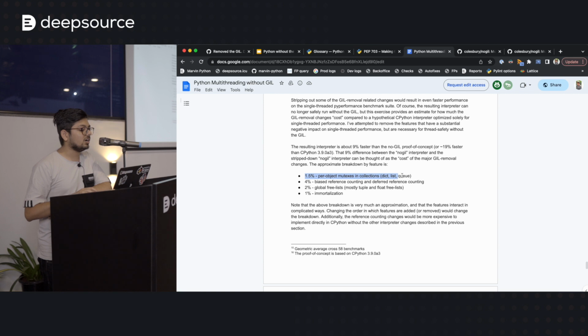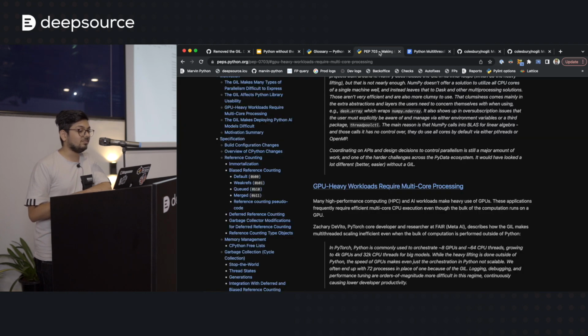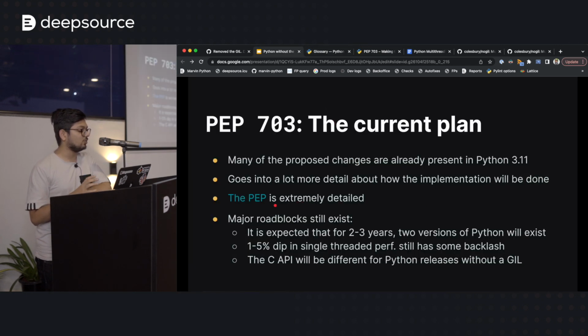Yeah, right. So changes like those done with the biased reference counting method would decrease Python's single thread performance by about 1.5%. That was the discovery made by Sam Gross in 2019. Similarly, by doing biased and deferred reference counting, there would be about a 4% hit to single thread performance, and a few other changes cause a few more slowdowns. But that's way lower than the 60% dip that had happened in 2016.